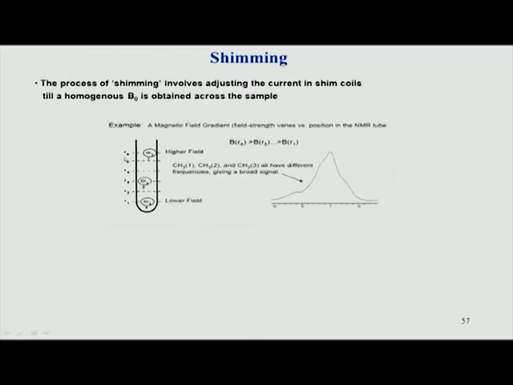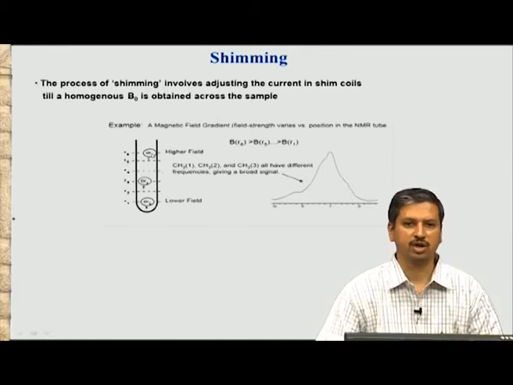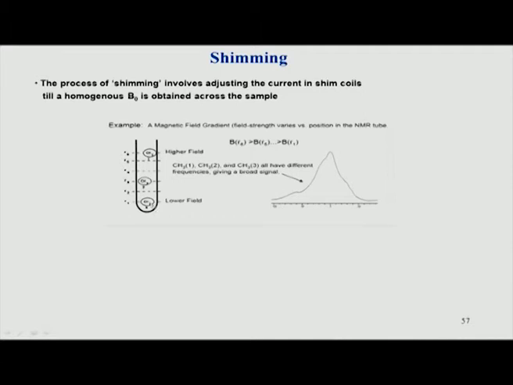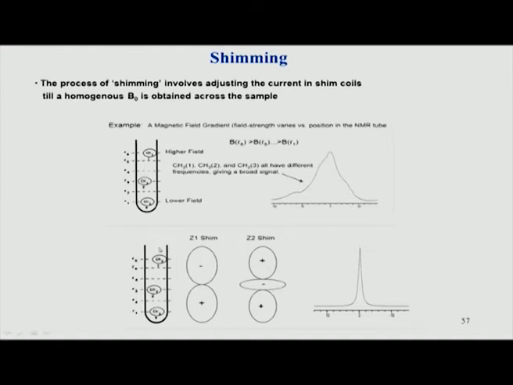You can see this is an NMR sample tube, and let us say we are looking at a particular molecule, with CH3 here, and the same molecule's CH3 here, another molecule here, another here. Because they are located in different parts of the sample, if the homogeneity is not good, then each CH3 will have a different frequency, because each CH3 sees a different B value. Because of that you get a peak which looks very broad and is difficult to analyze. But if I do shimming, in the shimming process we actually make the magnetic field equal everywhere.